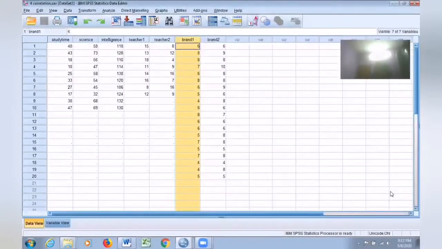So that was the second part of this session. We talked about the Mann-Whitney U test, the equivalent of the independent samples t-test. We talked about the Wilcoxon signed rank test, which is an equivalent of the paired samples t-test. And we had seen the Kruskal-Wallis test, which is an equivalent of one-way ANOVA. And we had seen Spearman rank correlation and Kendall's Tau-b, which are equivalents of Pearson correlation. It is all about non-parametric tests.